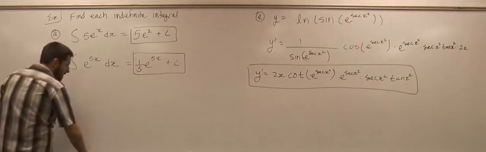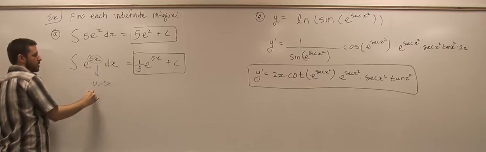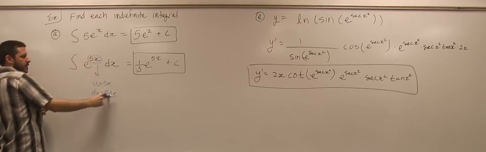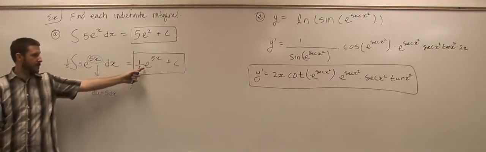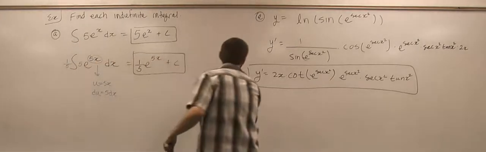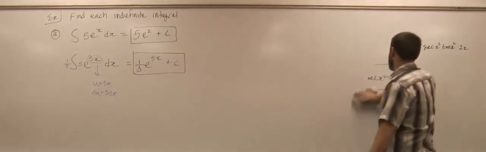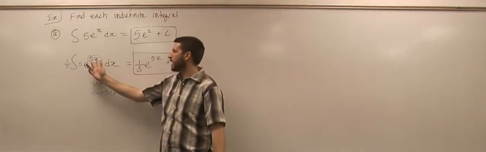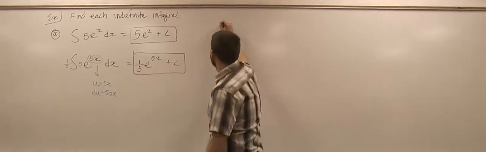If that 1/5 doesn't make sense, you have to do this with u substitution. U equals 5x, so du equals 5 dx. So you make up for the 5 in front of the dx by putting a 1/5 out front. That's where this is coming from. So if it's just a constant multiple times x, when you do the integral, you can divide by the constant. However,